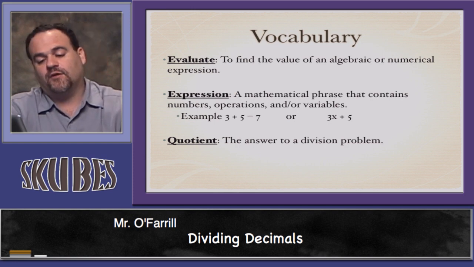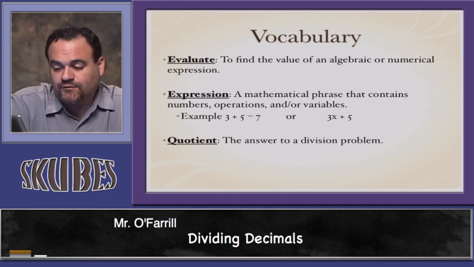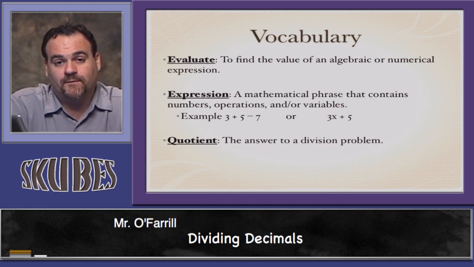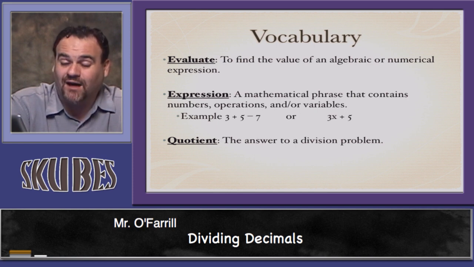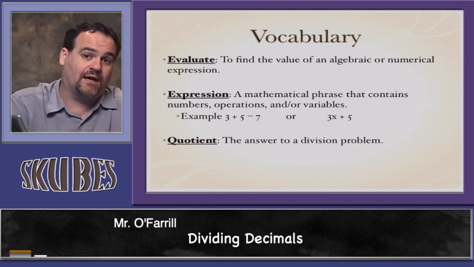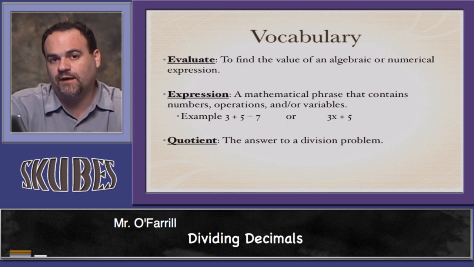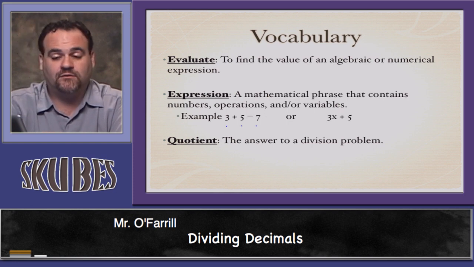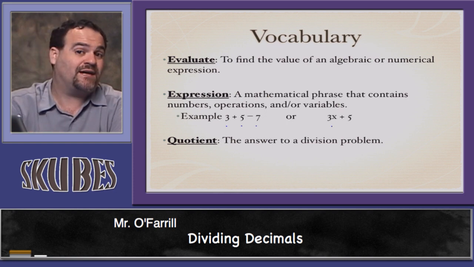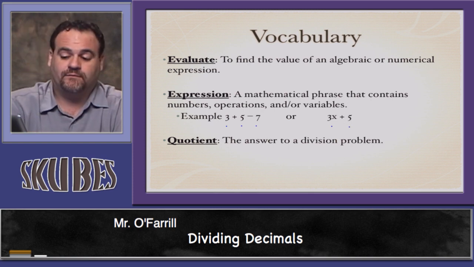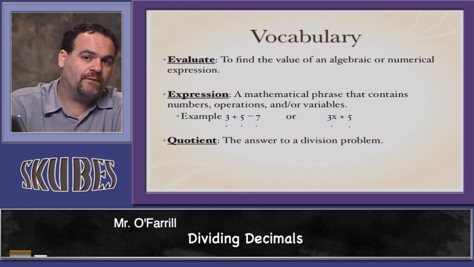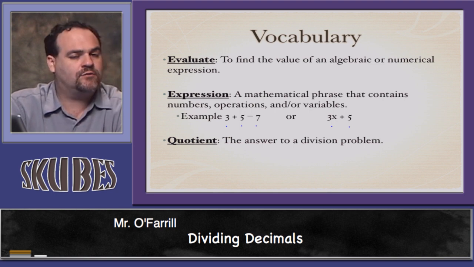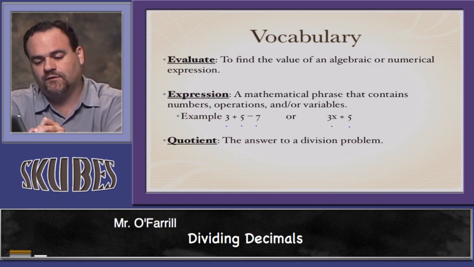We also have the term expression. That's a mathematical phrase that contains numbers, operations, and/or variables. The key here is that it does not contain an equal sign. If it has an equal sign, it's called an equation, and we're not dealing with those right now. A simple expression: 3 plus 5 minus 7, or 3x, or 3 times x, plus 5. Order of operations always apply, but as long as you don't have an equal sign, what we're looking at is